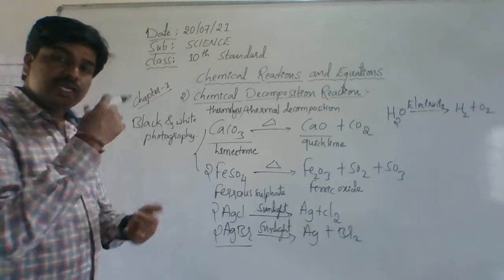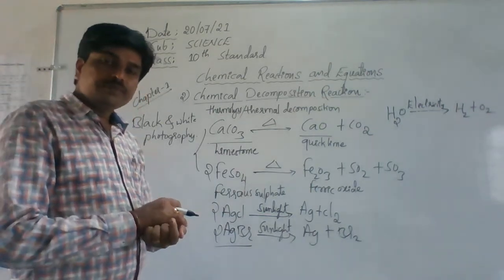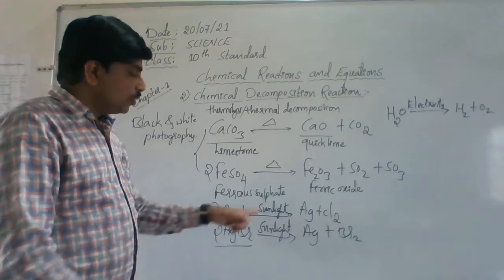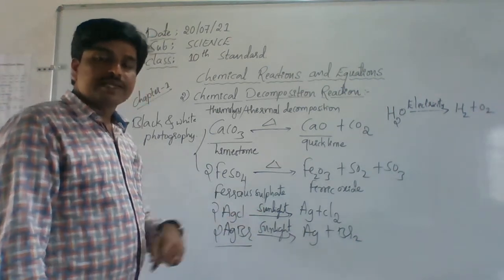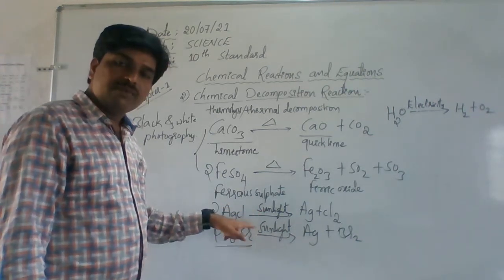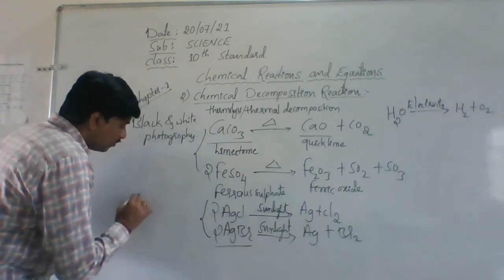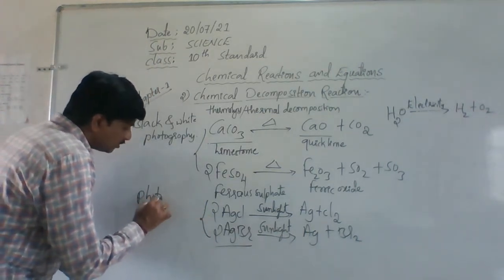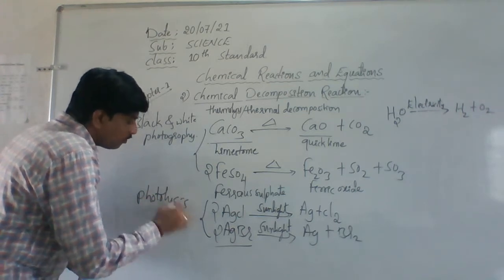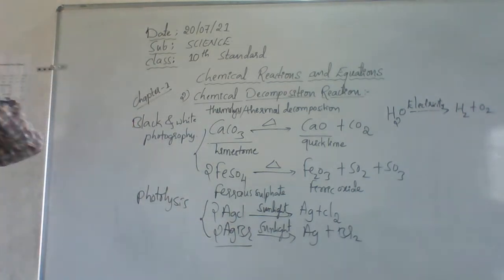Understand? If the decomposition reaction takes place with the help of sunlight, so that is called what? Photolysis. That is photolysis. Understand? See students,